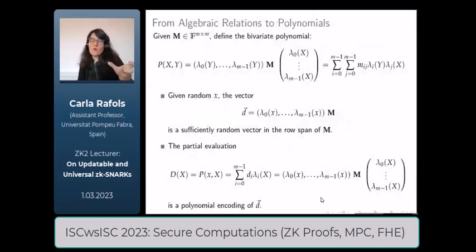But of course, the prover should not know in advance how all these relations will be compressed, okay? It's very important that this is a random linear combination, because otherwise the prover can cheat when he reduces many rows to one. Okay, and the point is that if we define this vector D in the row span